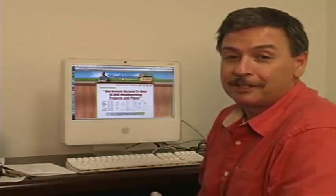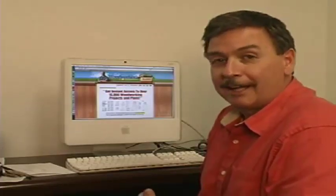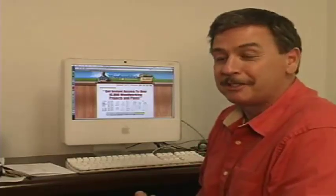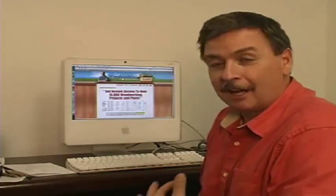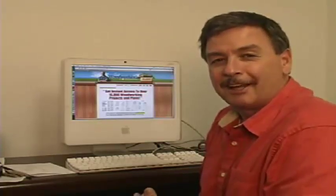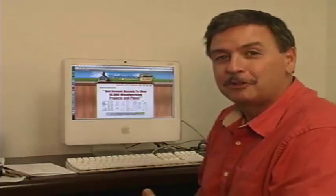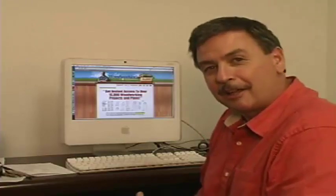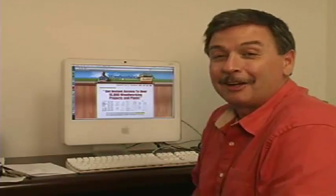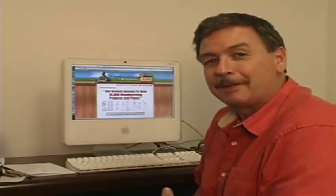I also signed up for his free bonuses, which is a CAD plan viewer, and I can design my own furniture on my computer. And this was so inexpensive, unbelievable. Unbelievable price for the set that I got. I also got 150 premium woodworking videos, which really made me happy. And that's 150 different pieces of furniture to build. I don't know how he sells it for the low price that he did, but I'm very happy to have